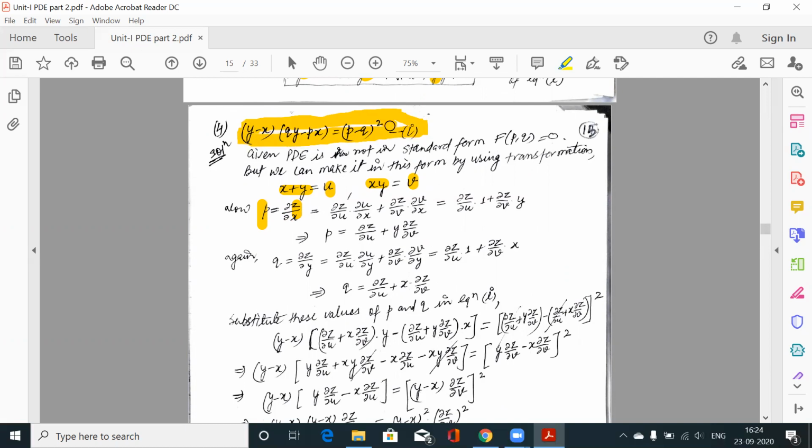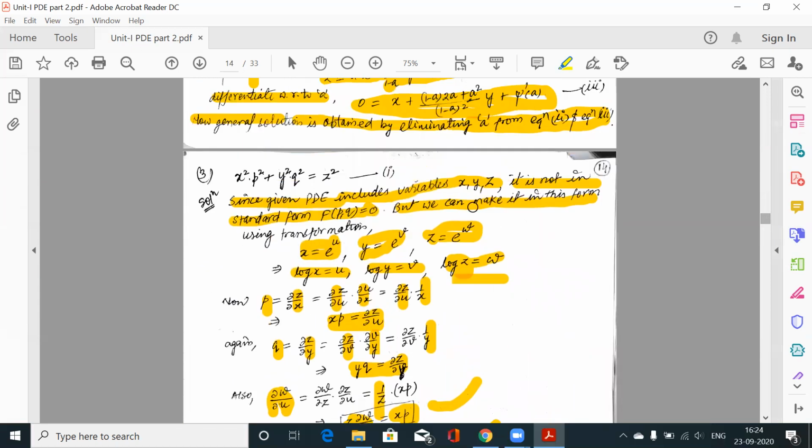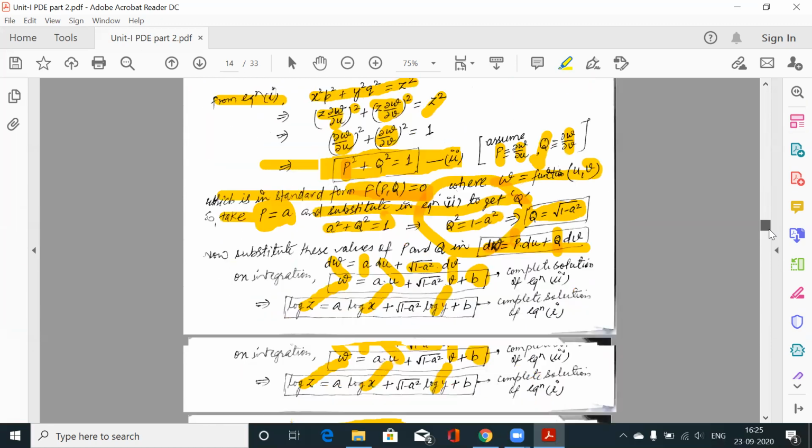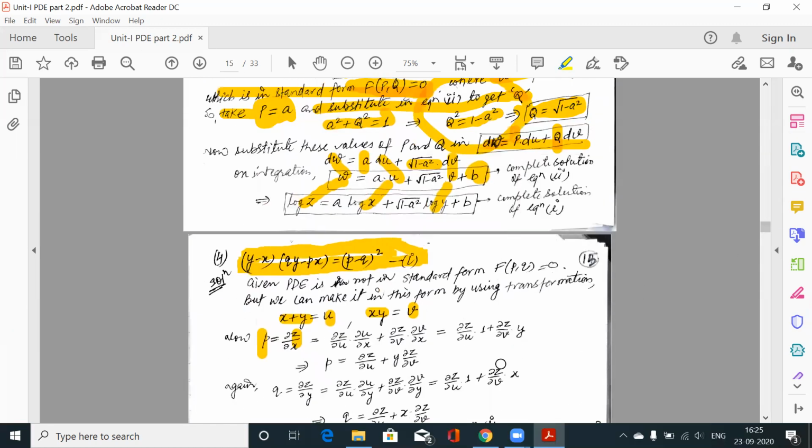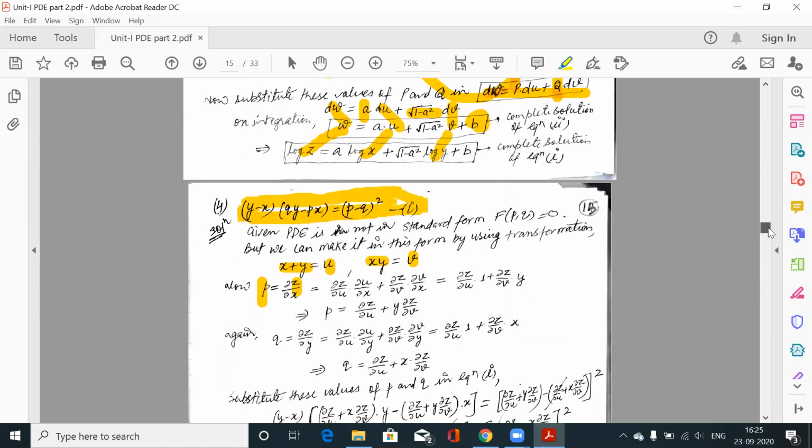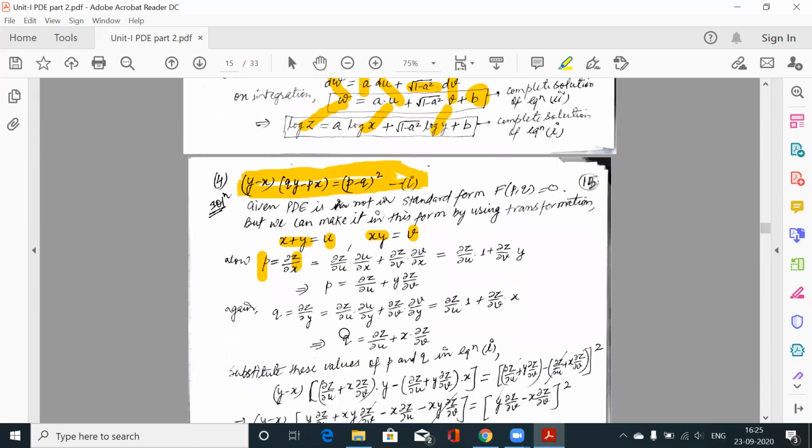Therefore, we are not using any transformation to change the z. But in the previous question, z was there, and we had to eliminate it also because form 1 cannot contain z. So we changed it as well. But here two variables are there, x and y. So we have to eliminate x and y only, not z, because z is not there. So we have not changed the dependent variable z, but the independent variables x and y. So z is z, but x and y have been changed into u and v.